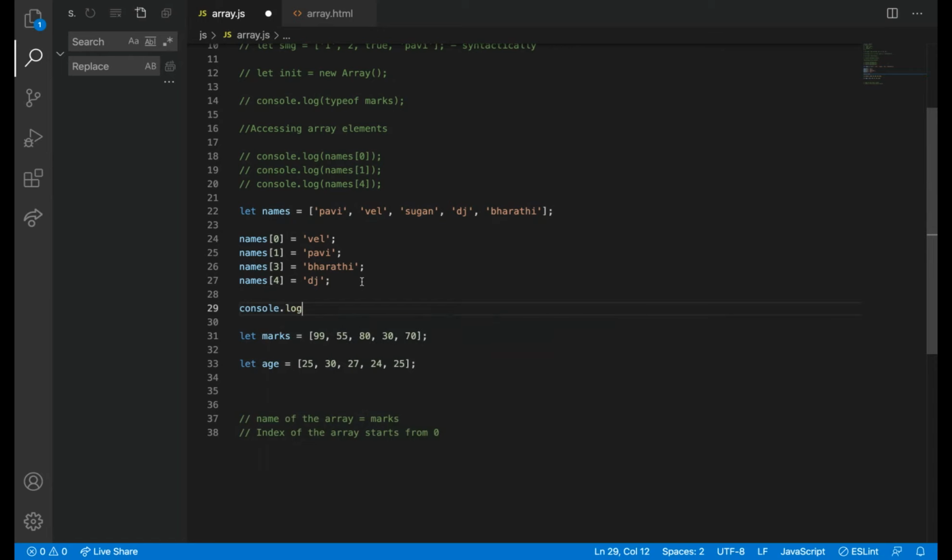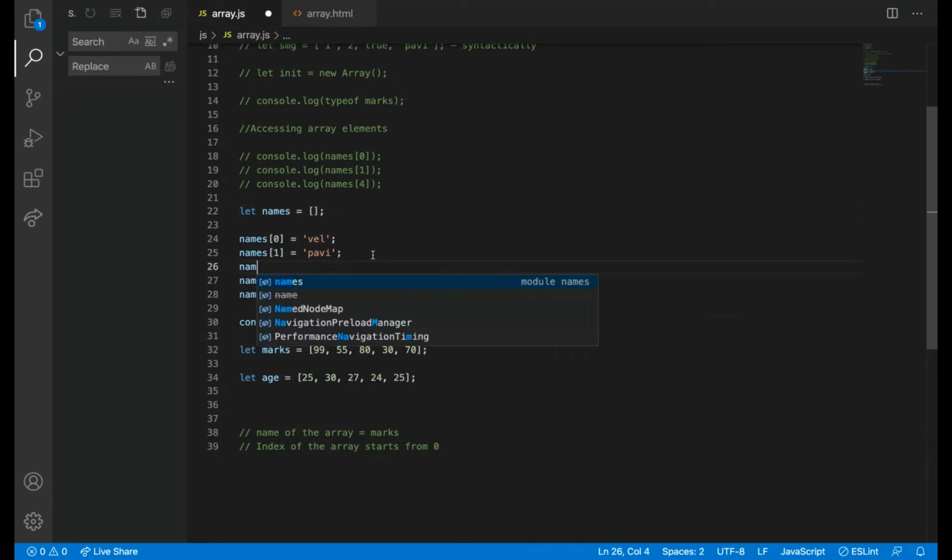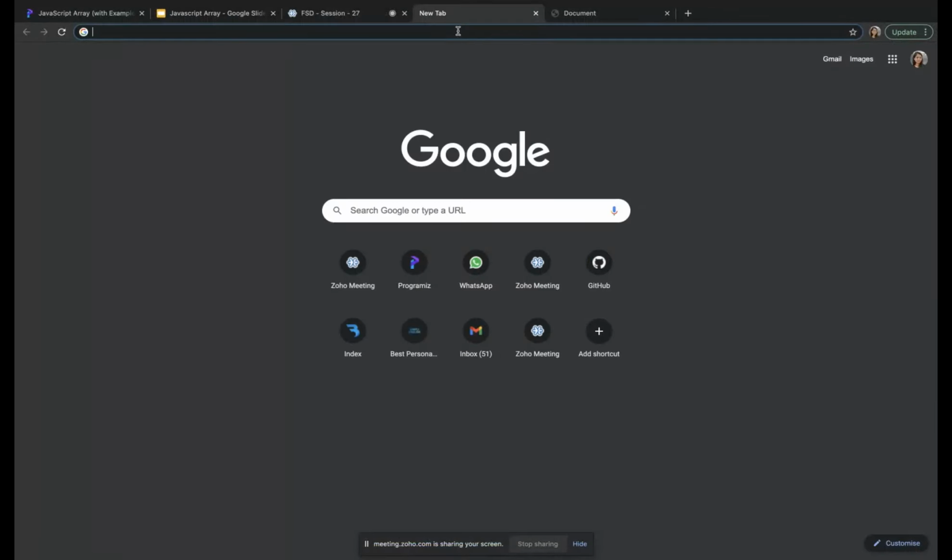We can initialize also like this without this array also. We can just use an empty value and then we can give values like this. Again, first we will see the console log of names now. So in the same order it will come. That is where they have said ordered set.